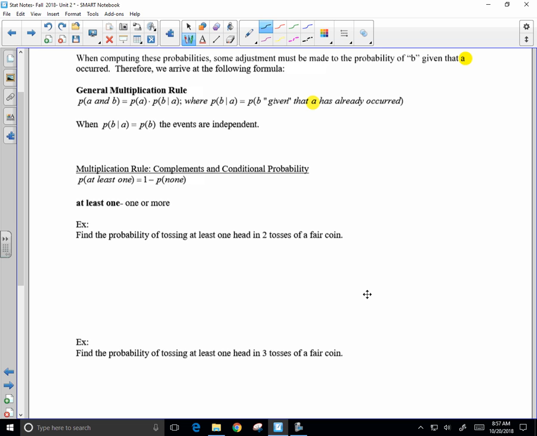This is just another tool that you could use. It greatly streamlines the work, though. So that's your motivation for actually learning it. Any situation in which you see the words "at least one" would follow this rule, and that's because if